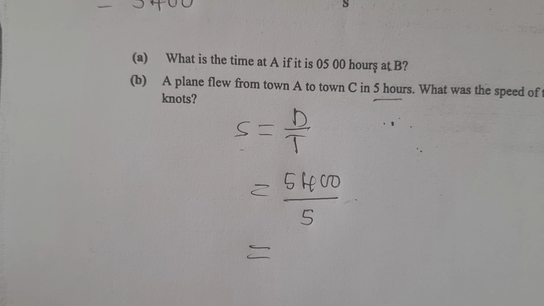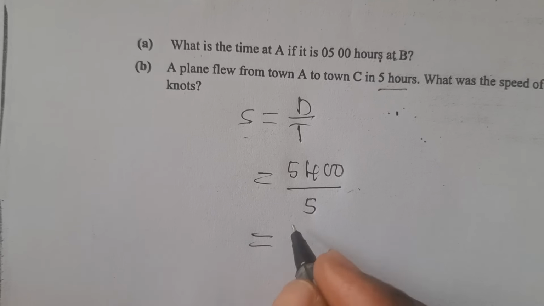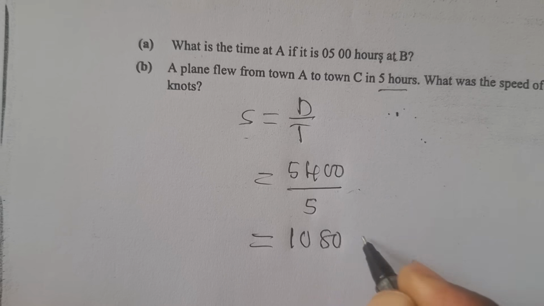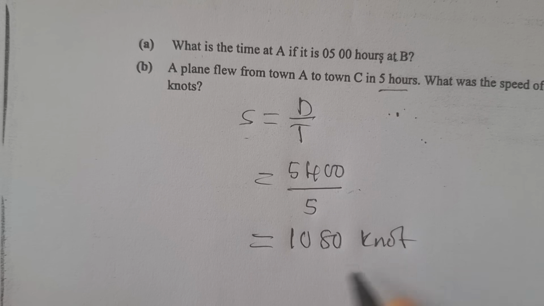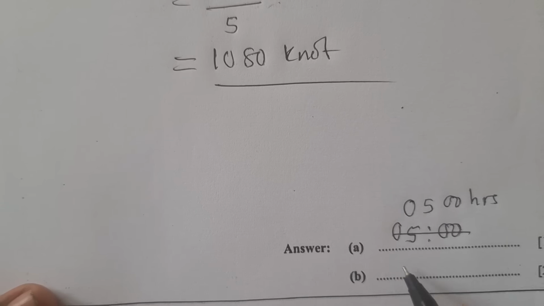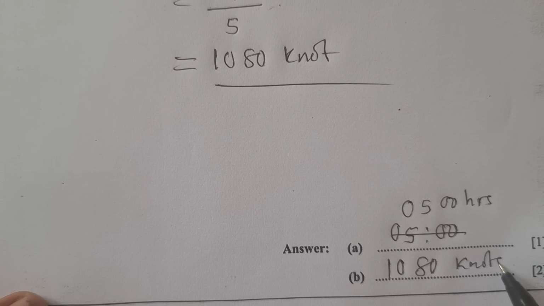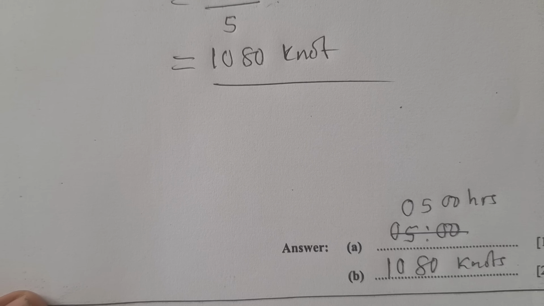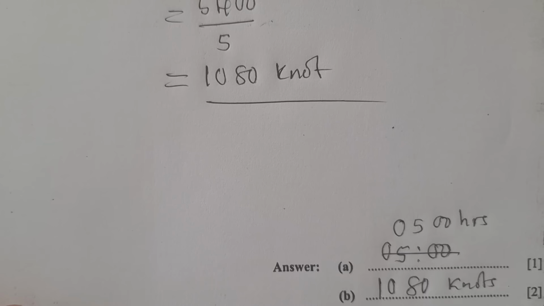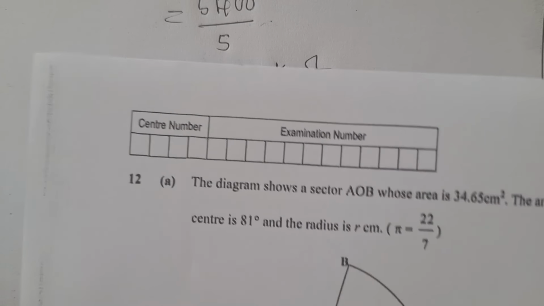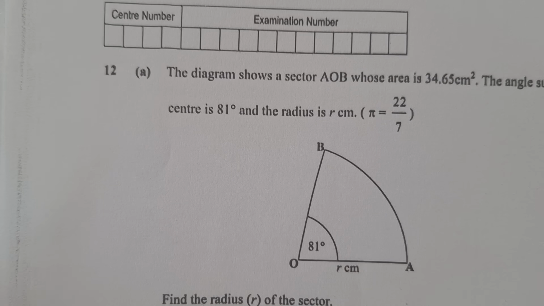So when we divide by 5, this will give us 1,080 knots. So this is a speed, 1,080 knots. Don't forget the units. We go to the next question, which is question 12. So for question number 12 here,